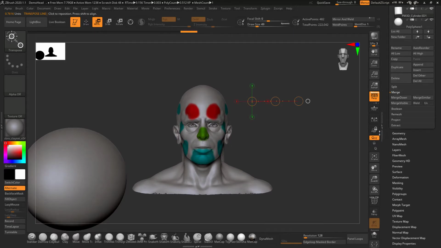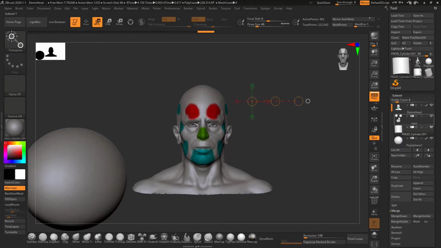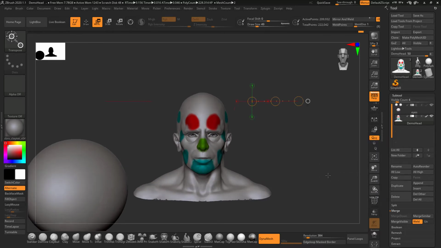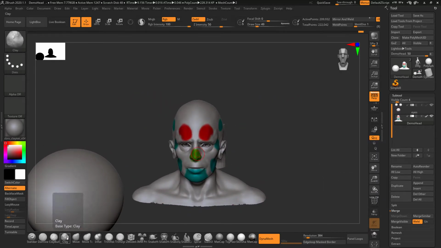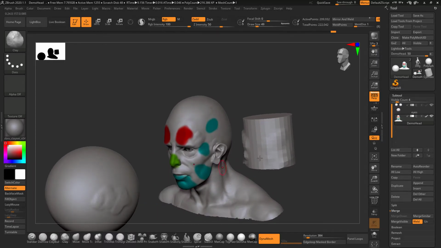Now when I click on polygroups and then group front, first you have to merge these objects. All these objects should be merged into one, so I'll just click on merge down, and that's all.